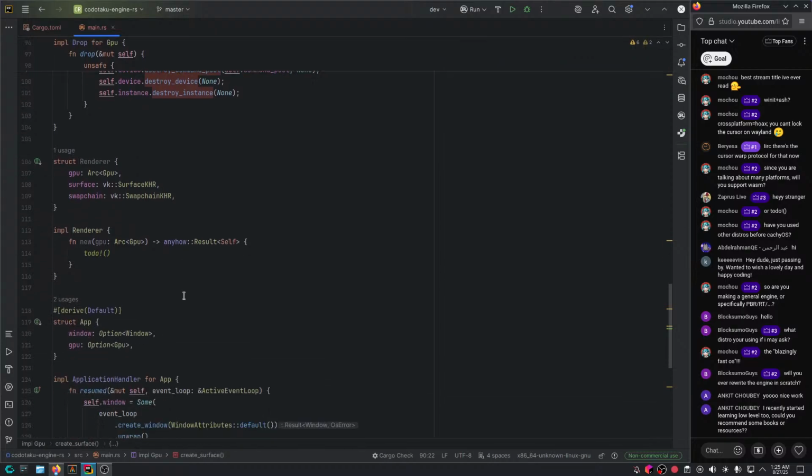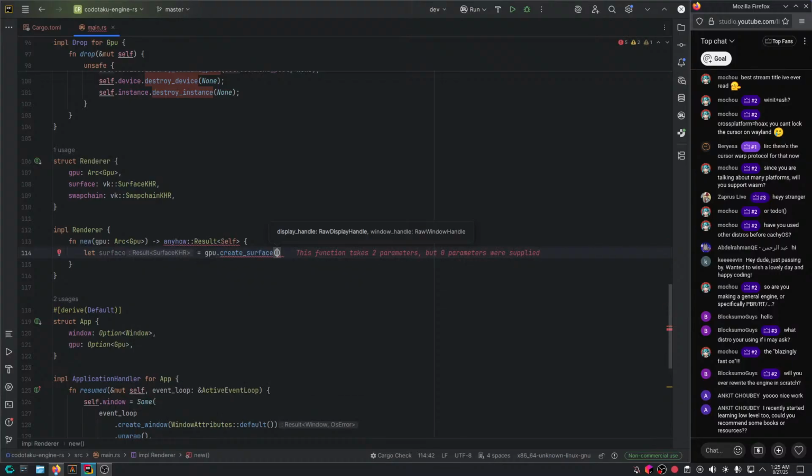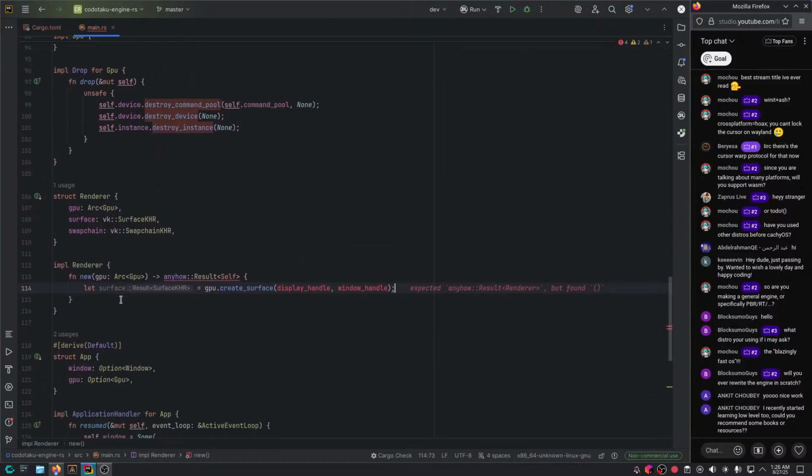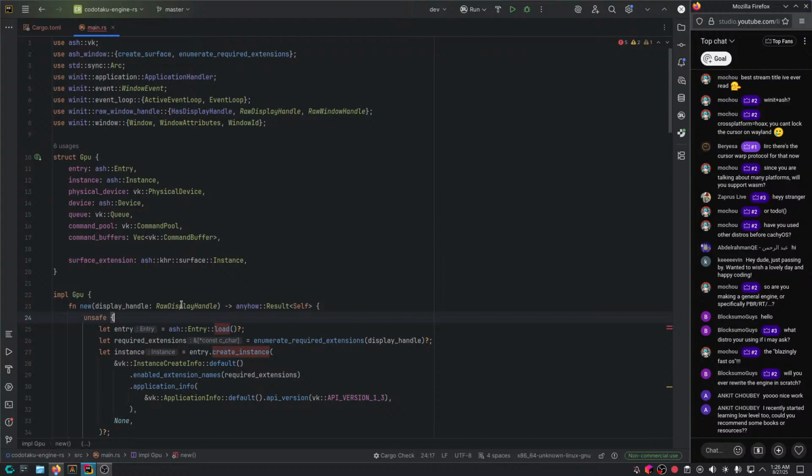That's cool. Now let's come here and say surface is equal to GPU.create_surface. So here we gotta give it the display handle and the window handle. Honestly, you know what? Let's just store that. Fine. I can't make my mind.